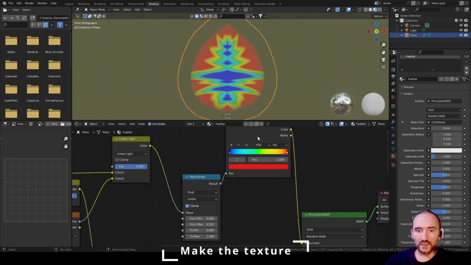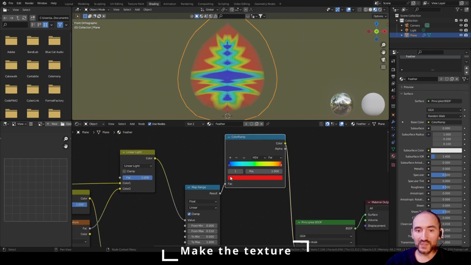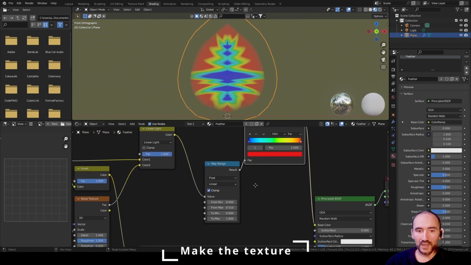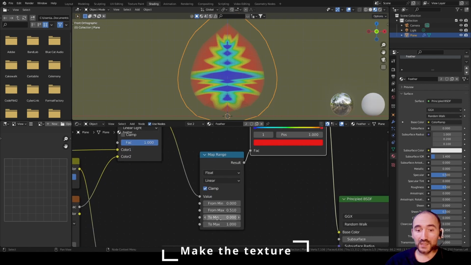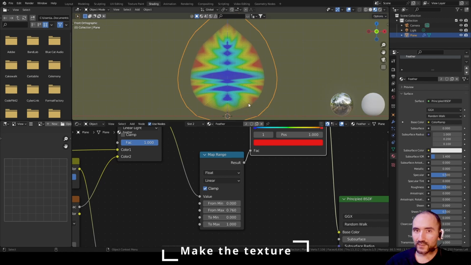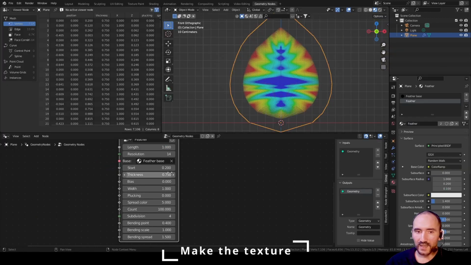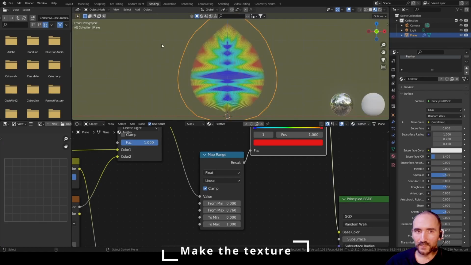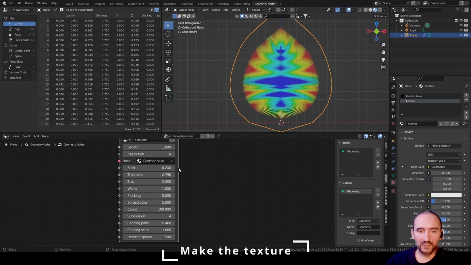So you know that this node works from 0 to 1, okay? So I have this output that is correct, but I have to manipulate the input. You can see the from max needs to be the same value as the thickness. So if I go here and I have a 0.75, if I go here and set 0.75, I have the entire color ramp. To better see the result, I decrease the spread color to 0, and you can see the